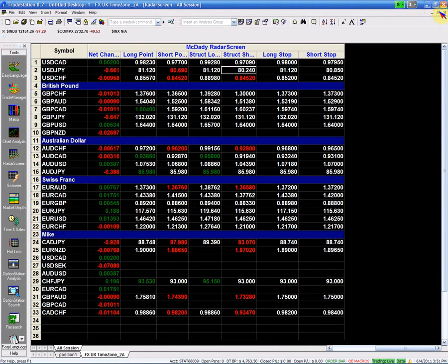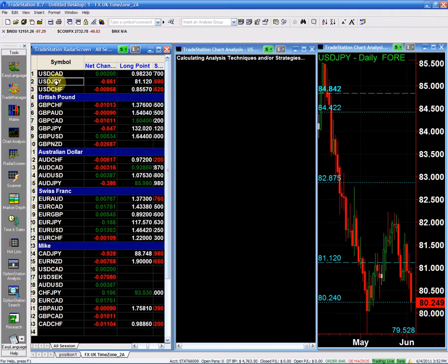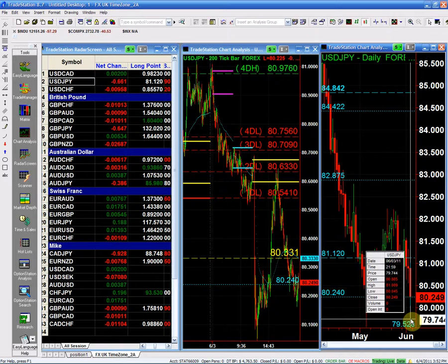So what happened last week is again a very nice setup. We traded the beginning of the week above 81.12, so that triggered our buy signal. Then it rolled over and came back below the 81.12, so we took it short. It went all the way down towards the 80.24. It traded below the 80.24 and put in a low of 80.45,